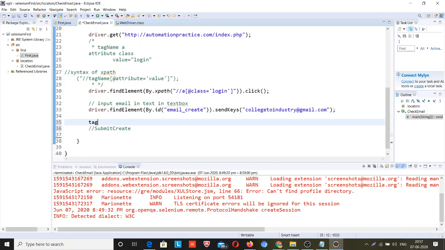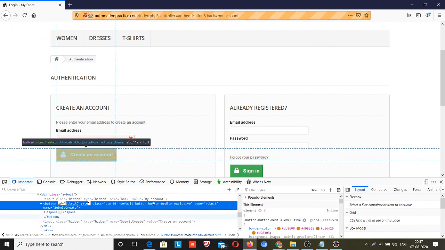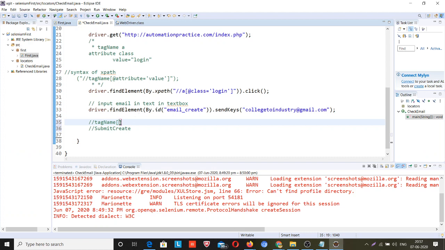Tag name, attribute. And what is the attribute? Attribute is id. Attribute is equal to value.